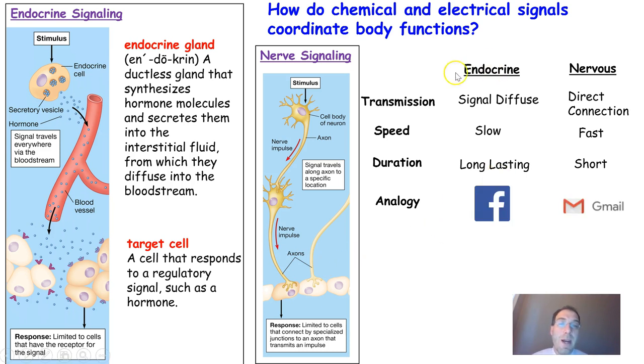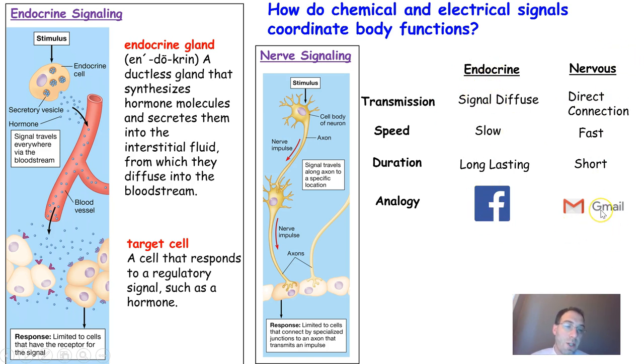An analogy to keep this in mind to help you distinguish between the endocrine and the nervous system is Facebook versus Gmail. Facebook, you can post a message on Facebook or whatever social media you want, and the target audience, if they like or dislike what you're reading, they have the ability to receive that information, and they will decide if they're going to respond to it. So this message is up there for a long time on Facebook unless you take it down. But in the meantime, many people will make comments, and not only that, if you post something that's not necessarily flattering, that sort of effect can last a long time, and people's impressions of you can change. So be careful what you post.